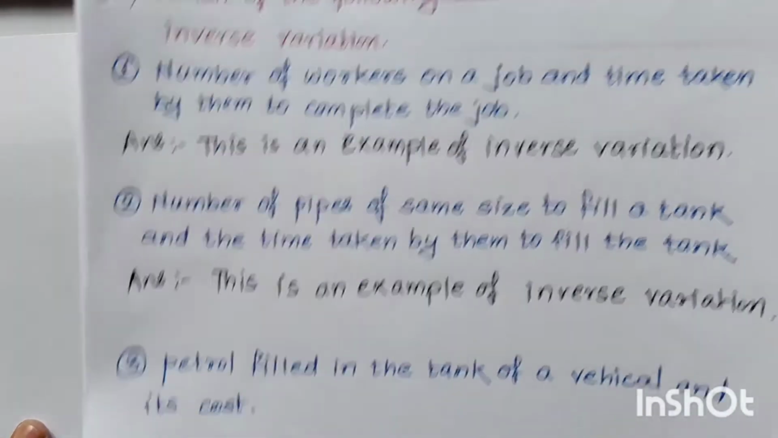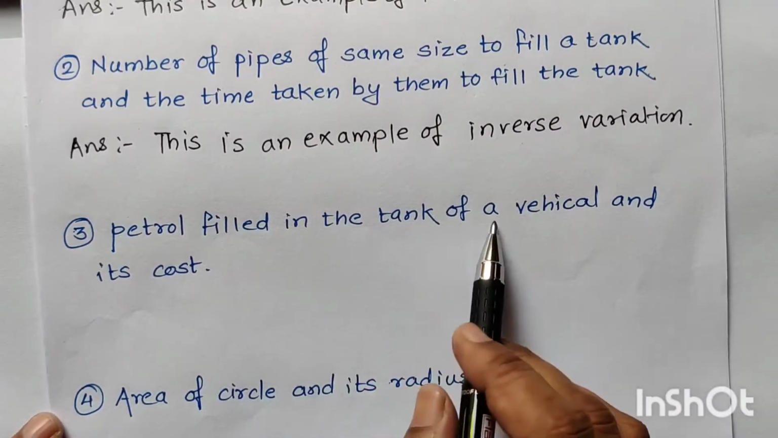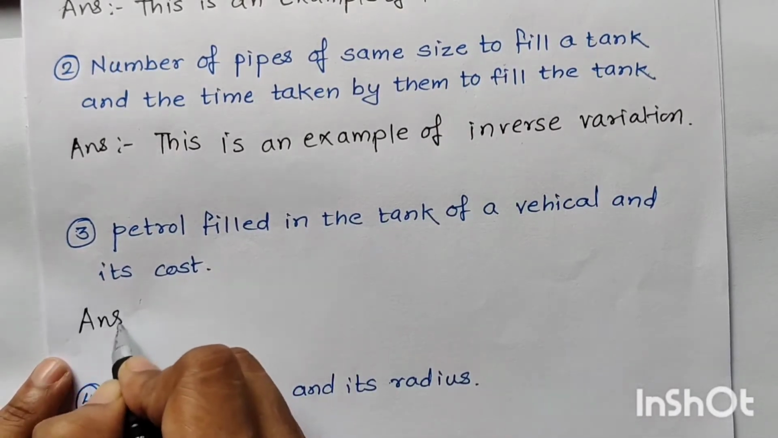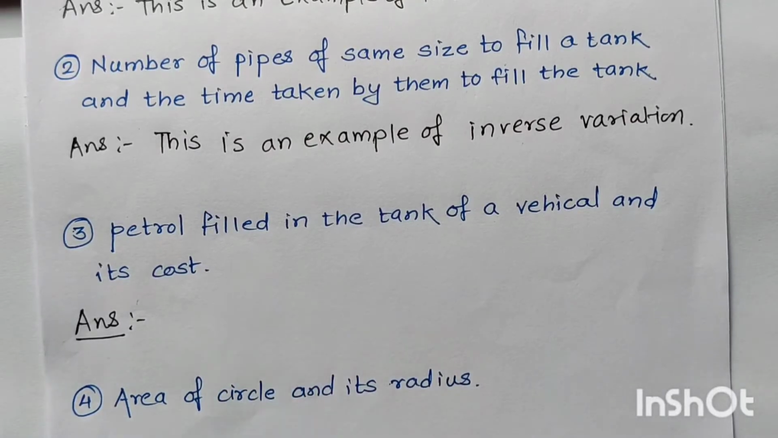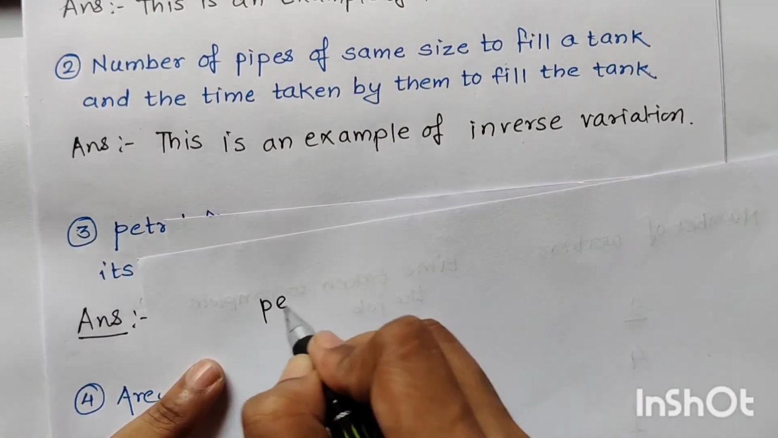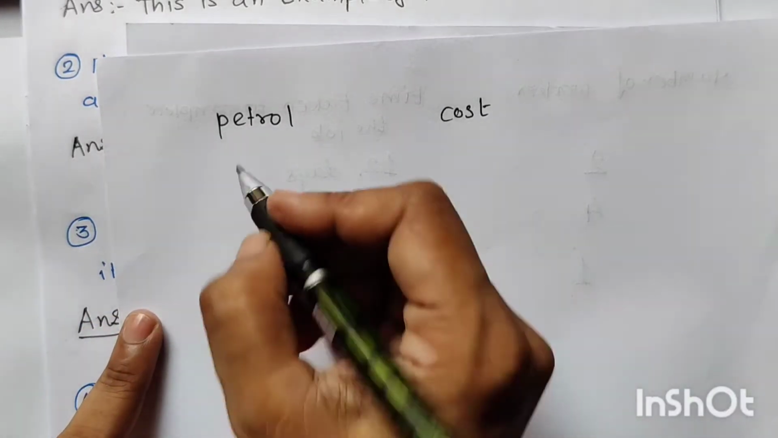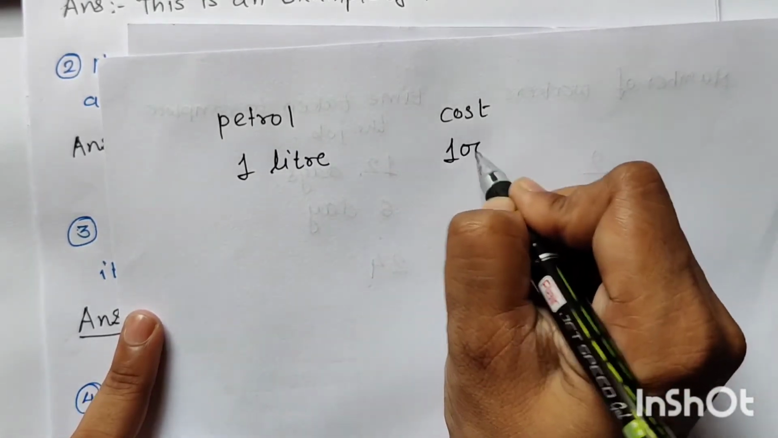Okay. Now let us see the third sentence. Third sentence is petrol filled in the tank of a vehicle and its cost. So from this sentence, which type of variation we can see? If you fill only 1 liter of petrol in your bike, and the cost is 100 rupees. If we are going to fill 1 liter petrol in our bike and its cost is maybe 100 rupees,